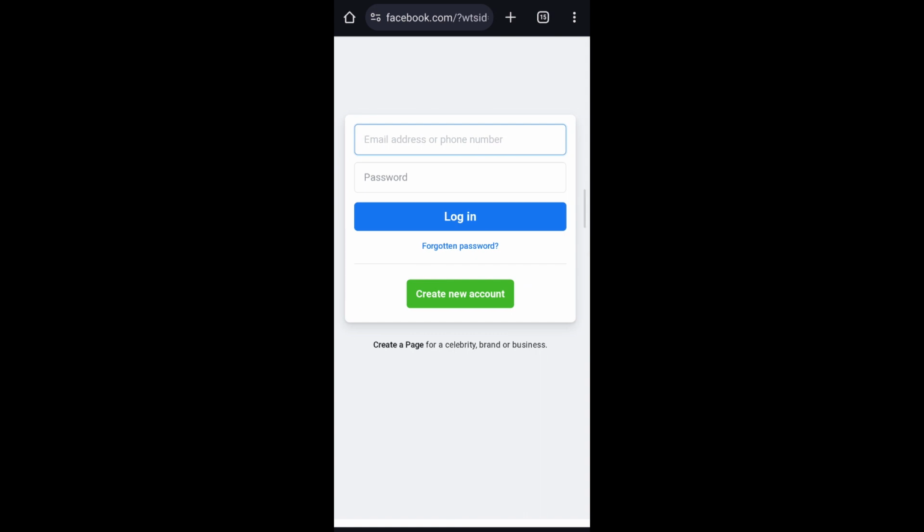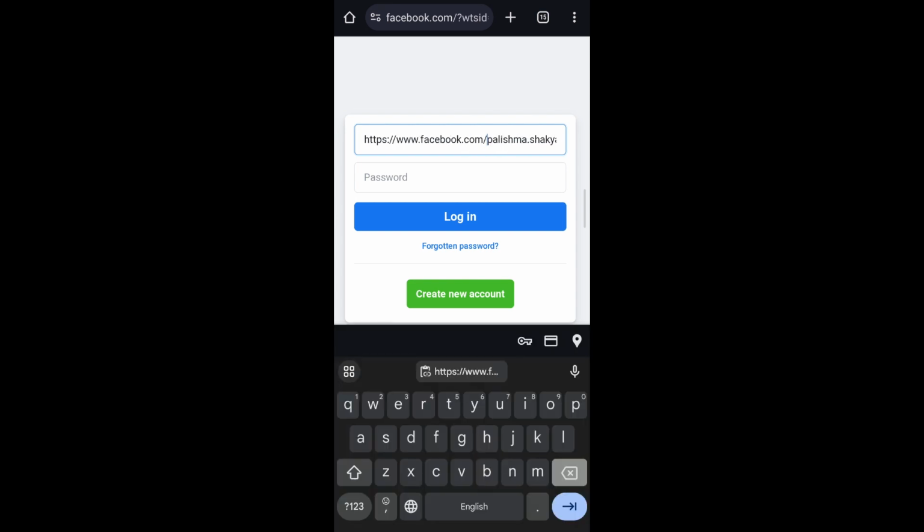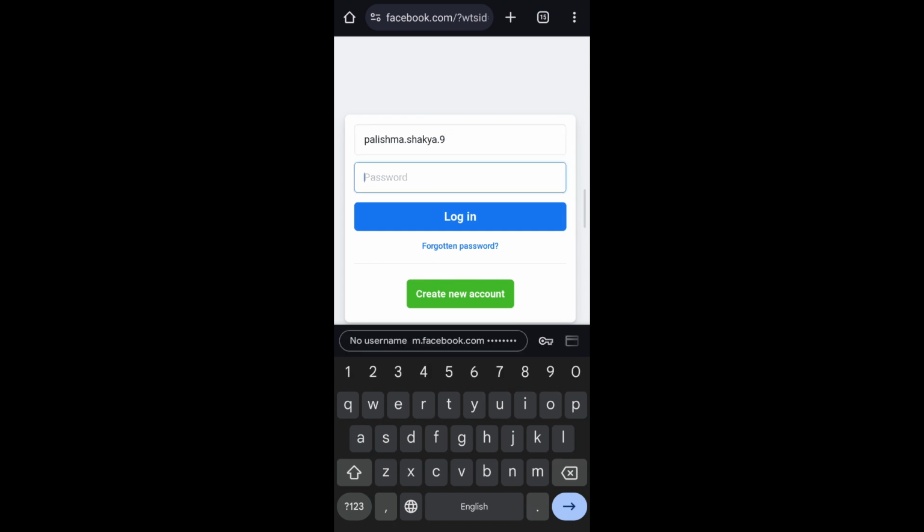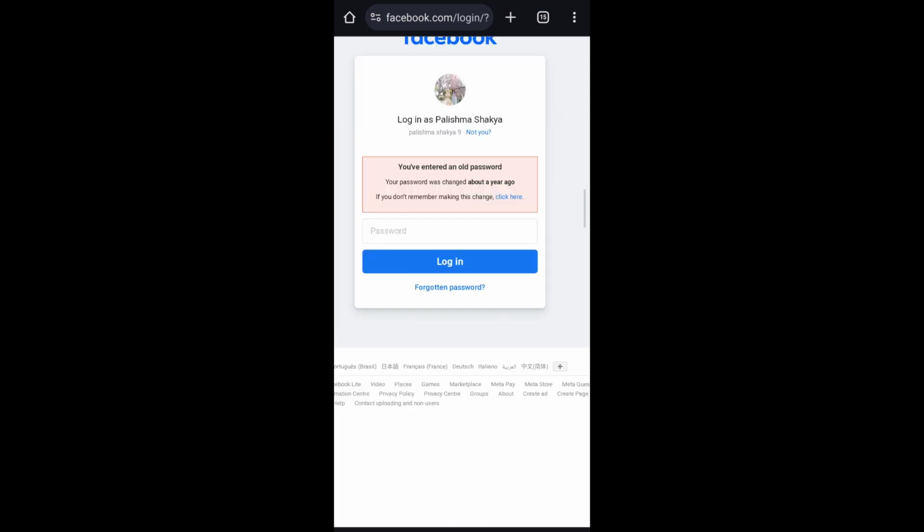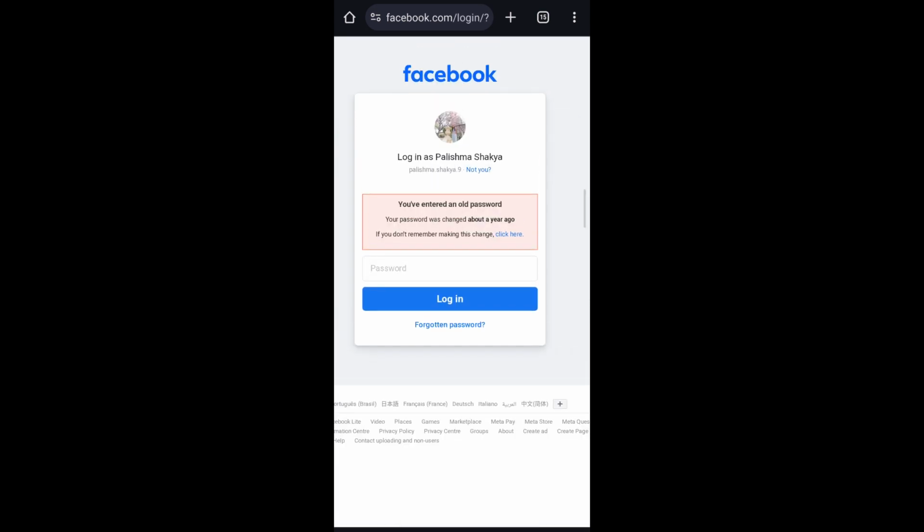Go ahead and then paste the URL on the email or phone number box, and then over here what you're going to do is go ahead and remove all this unnecessary information and then enter the old password that you remember. After that, you simply go ahead, tap on log in, and as you can see, this window pops up